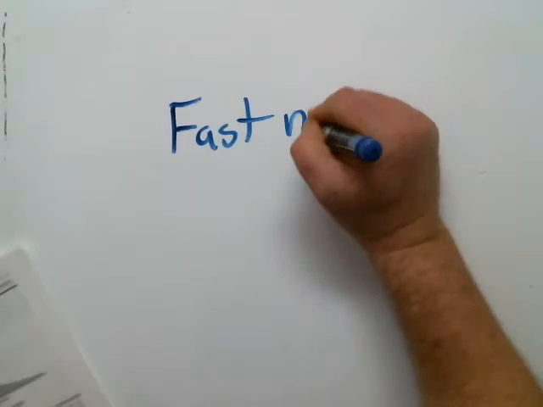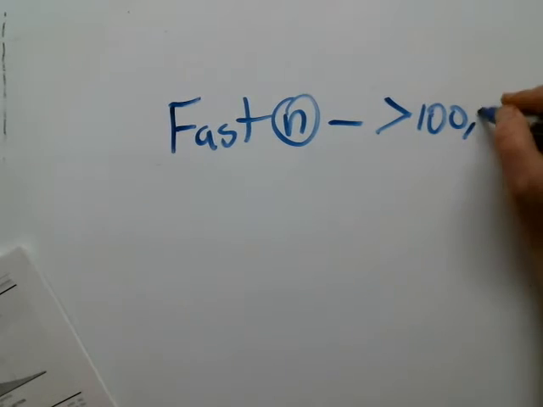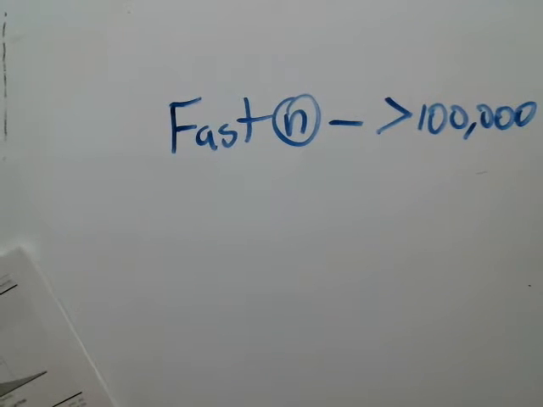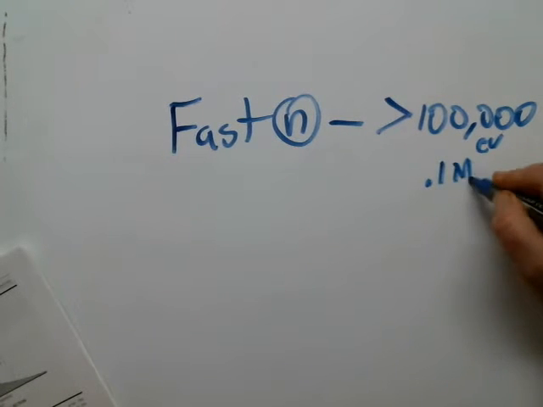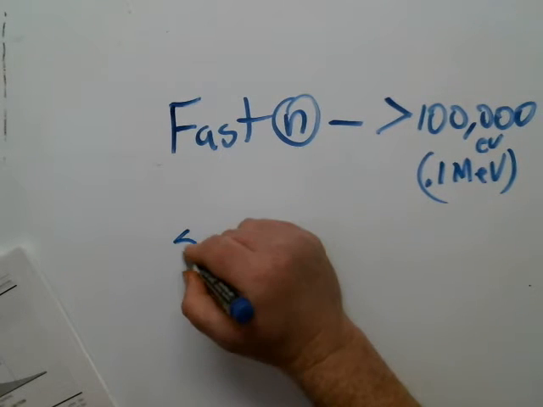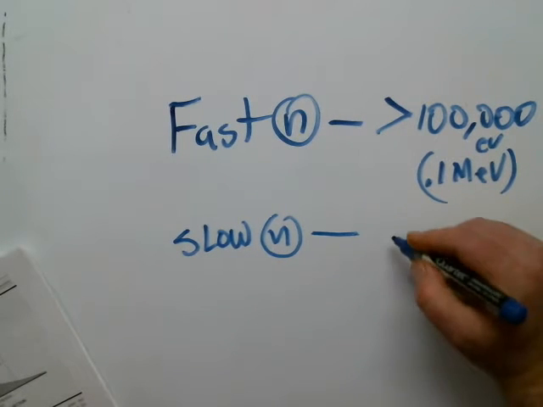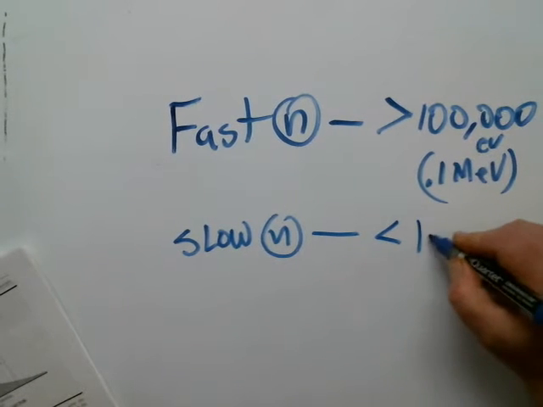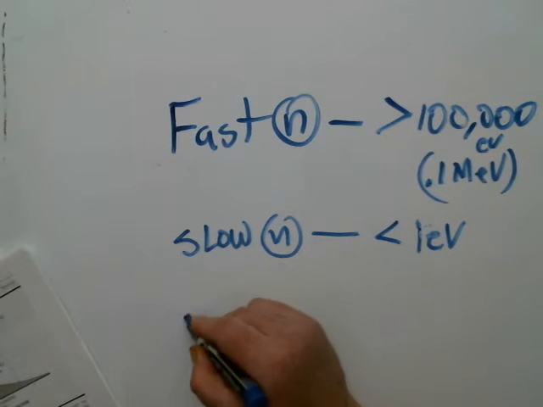A fast neutron is greater than 100,000 electron volts, which is 0.1 mega electron volts. That's a fast. A slow neutron is less than 1 electron volt. Big difference between the two. And then an intermediate,